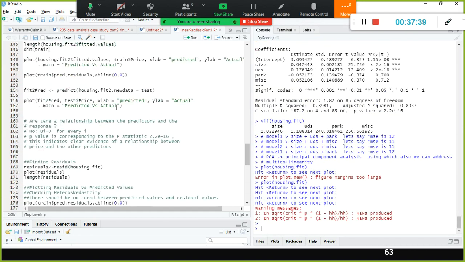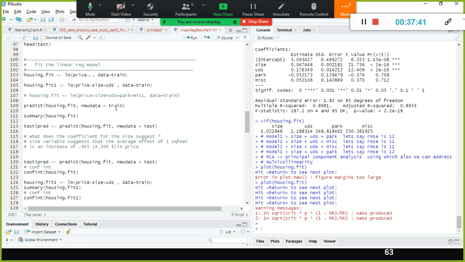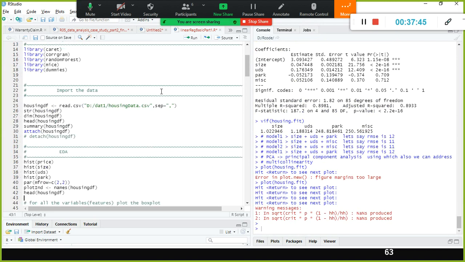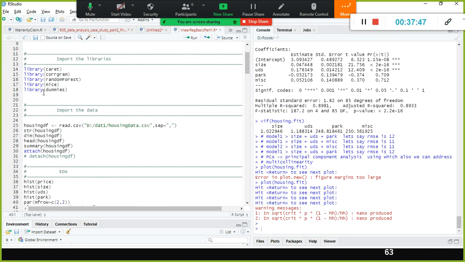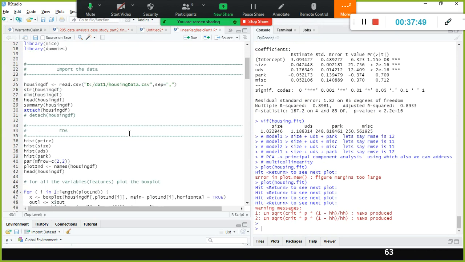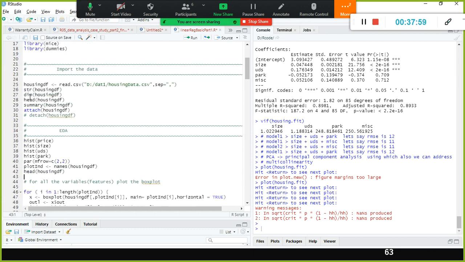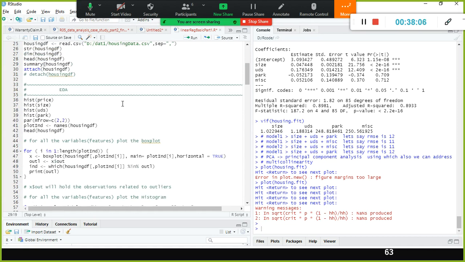If you are asked to fit a linear regression model, what you are supposed to do, right? First you need to import the necessary packages and the data. The next step, after importing the data, is to explore the data. So this also falls under exploring the data only. How many records are there, how many columns are there, and what values are there in this data set, in this data frame?